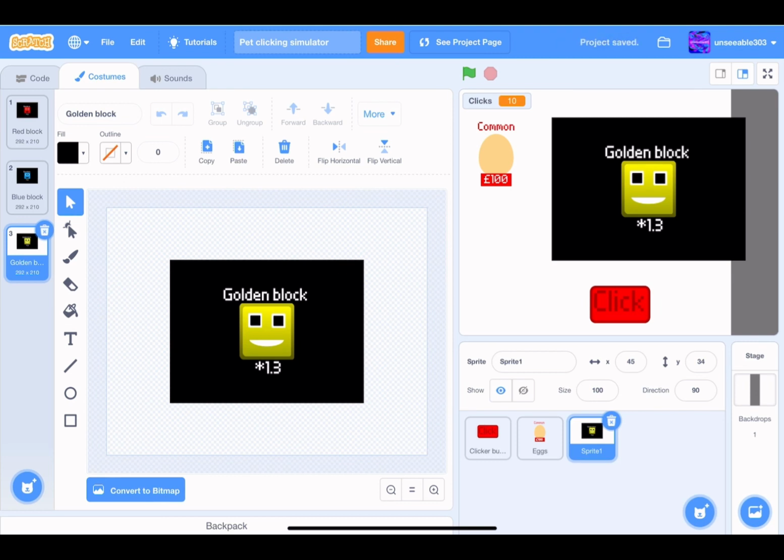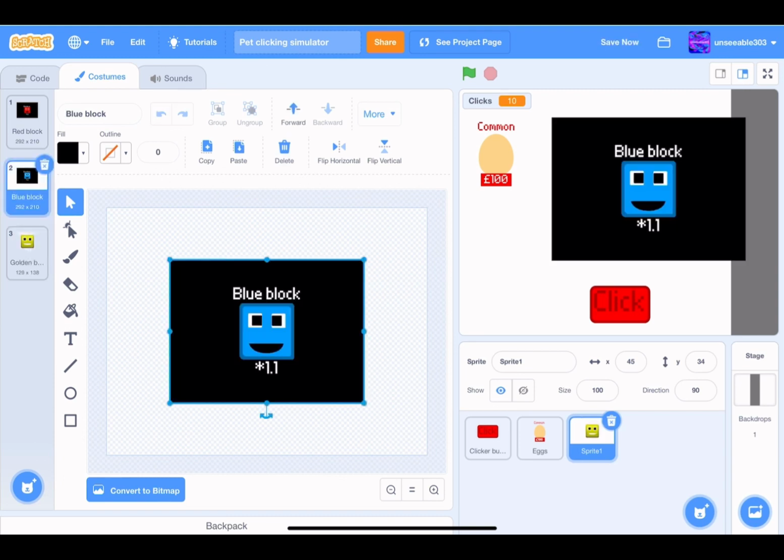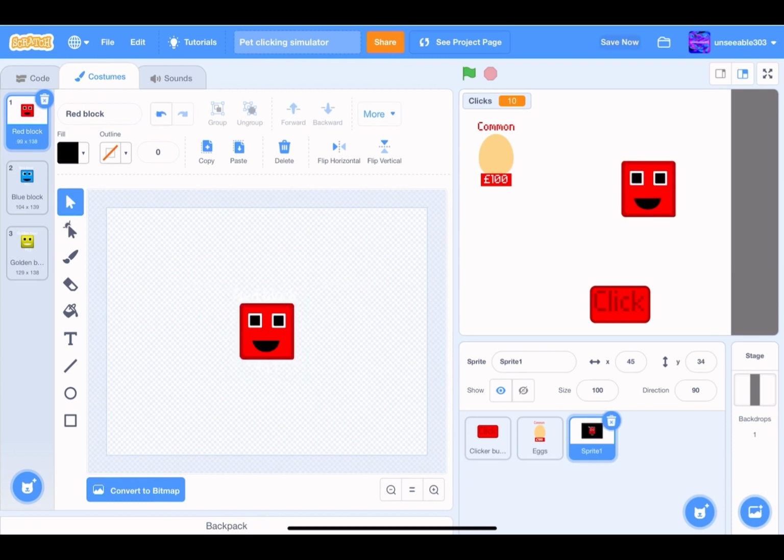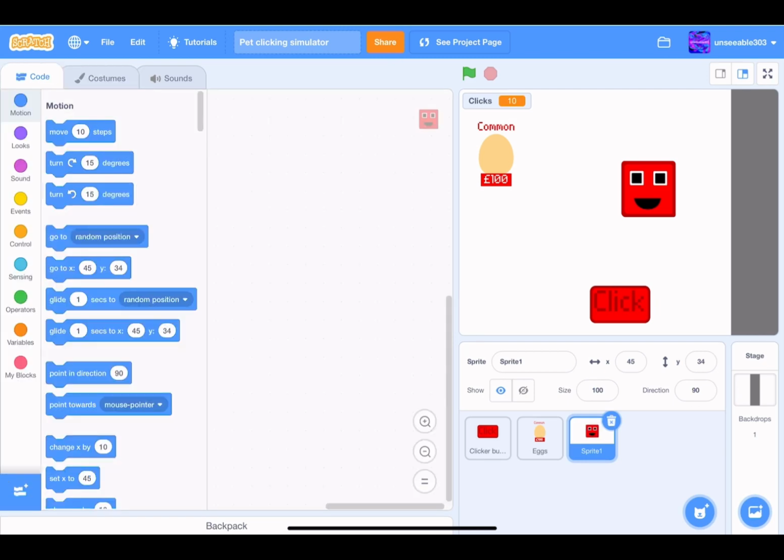So, let me just remove all these blacks. Don't add the blacks. Make sure all the text behind is white. You may not be able to see it, but that's what you want, okay? So, that's that. Now, what you're gonna want to do, go to code,